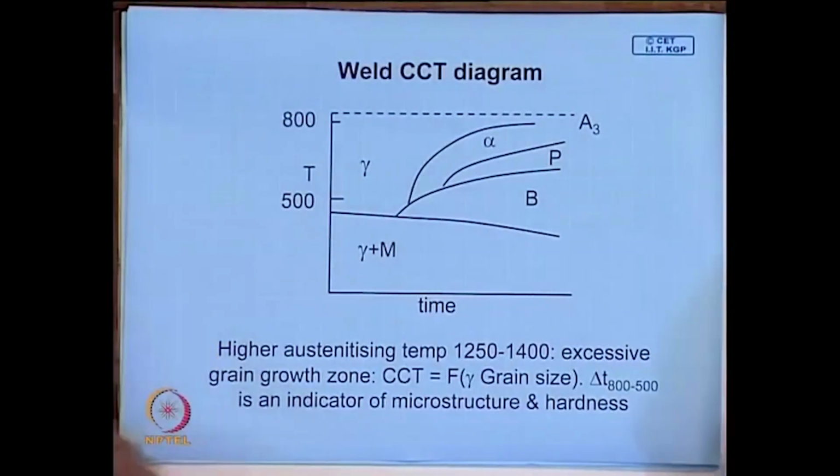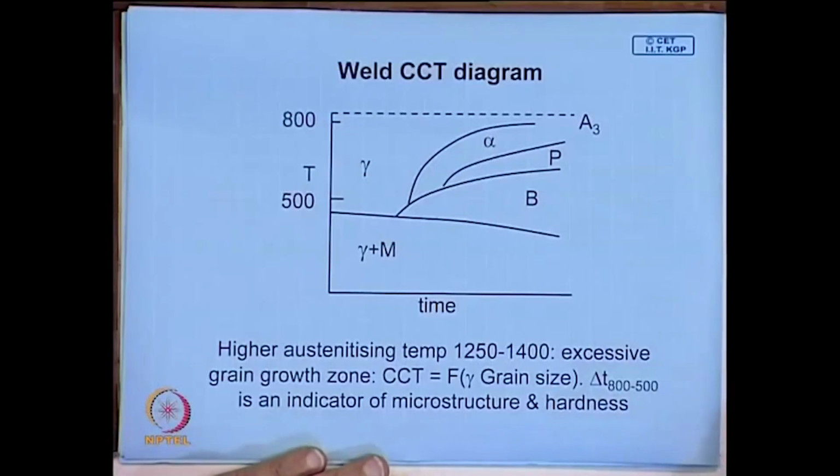Now, just now we looked at the transformation which takes place in the heat affected zone, and we also have talked about transformation diagrams like the CCT diagram and TTT diagram. Now, during welding, you do not have a homogeneous structure through and through, you do not have uniform grain size. In certain places you have extremely high grain size. These regions may be very thin, but nevertheless